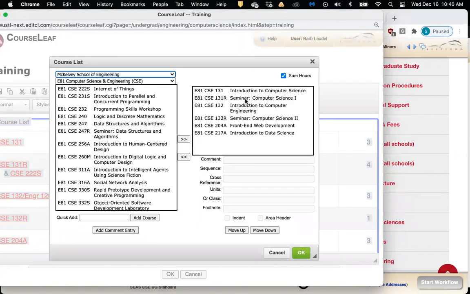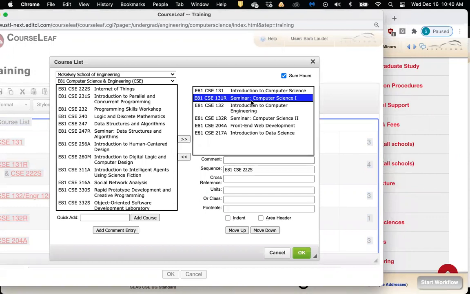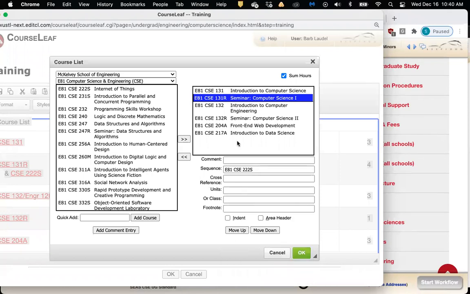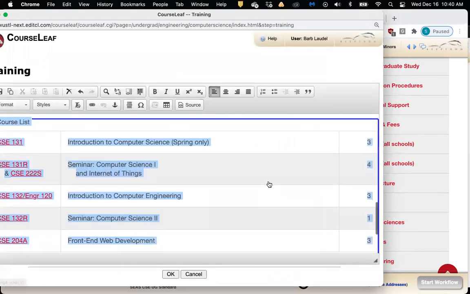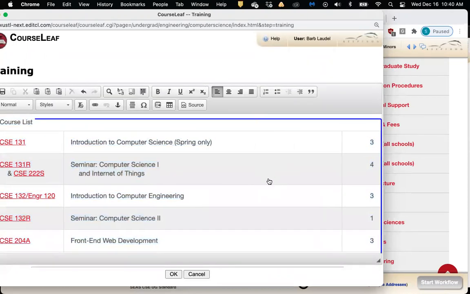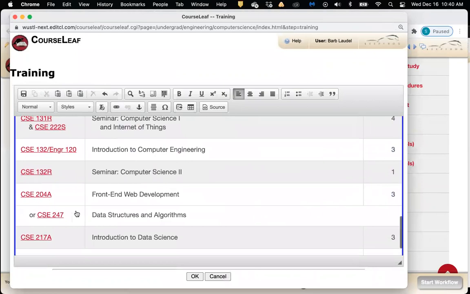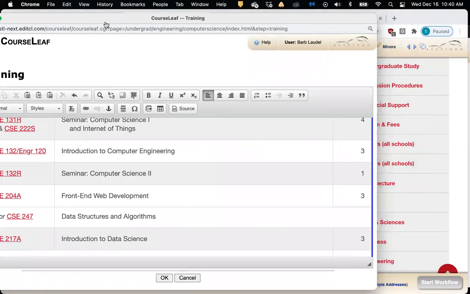So let's just go back to that for a second. It automatically added that in, but let's say, for example, that units of 4 credits was incorrect. You can always go in here and just modify that number with this units. But it looked like it worked here, so I'm not going to really mess with that. But that's just something that you can change if needed. My sequence course, I'm sorry, my cross-listed course is going to be with this dash here, and then my OR course is going to be indented. So that's what I have right now, and everything looks pretty clear.